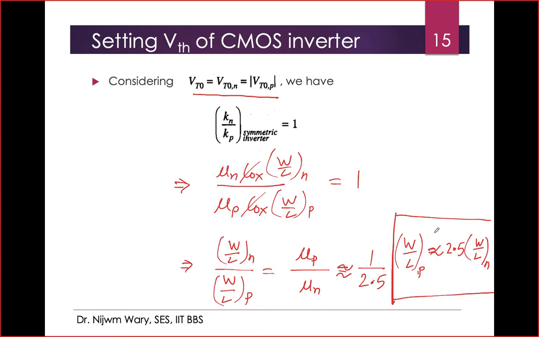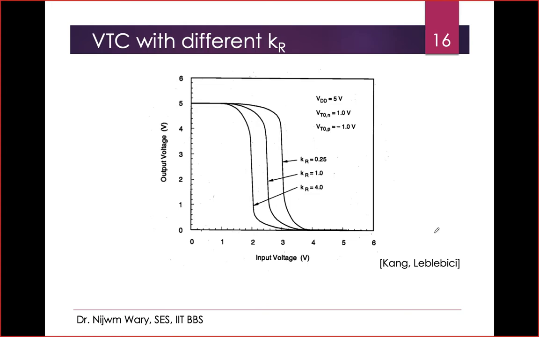Okay, great. Thank you. So we can see here, depending upon what my ratio is, the curve is getting shifted, right? Depending upon the W by L ratio of the PMOS and the NMOS device, my whole curve is getting shifted. So if I plot this V in versus V out here,